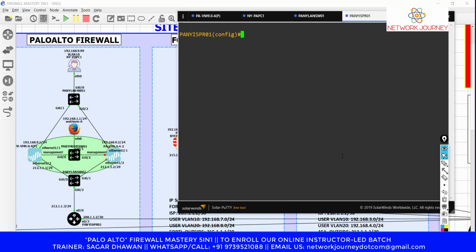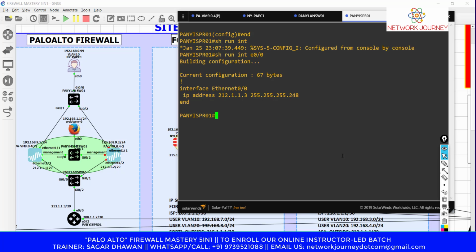Okay, and let's configure something. Let's see what I have. Okay, so I have my IP configured 2.1.1.1.3. All right, now I need a route because when I ping something, it will definitely come here, but it doesn't have a return path with it. The return path is missing. So what I'll do is I'll put a default route. I'll say if anything comes to me, just push it back to the firewall. Okay, so my default route,